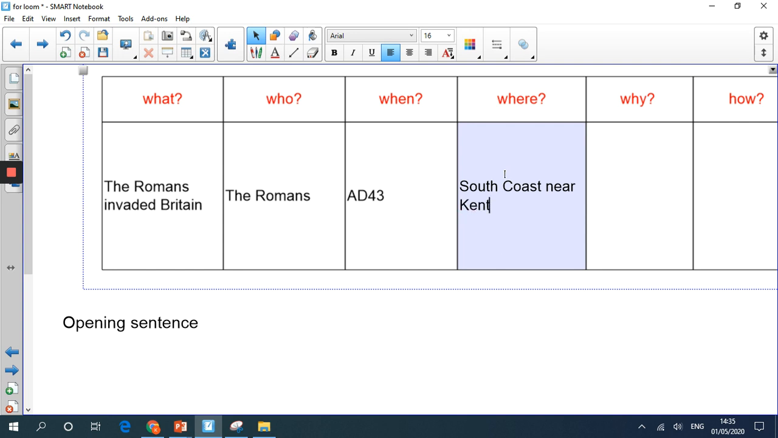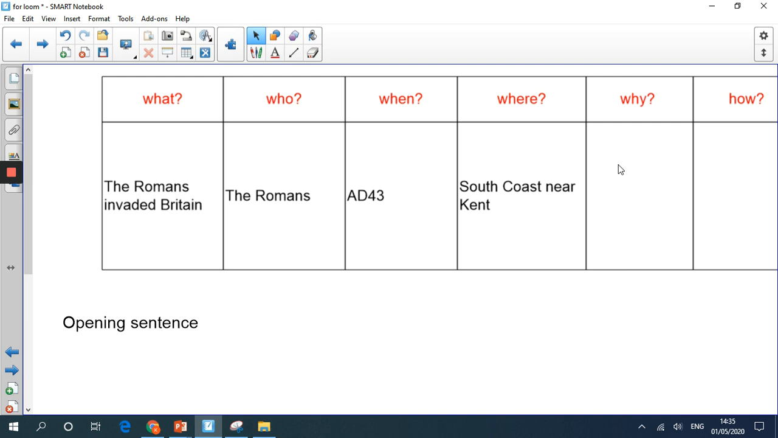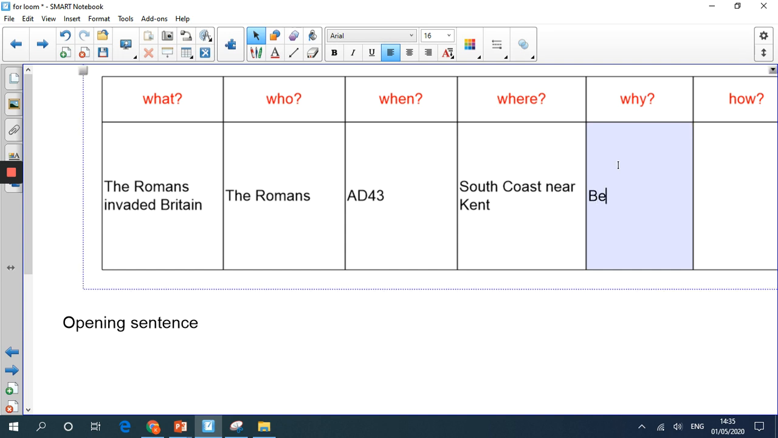I really like to know where things are happening, and I'm not quite sure where Kent is in England, so I'm going to look that up on a map. Now, why? Right, I know why it happened. I can remember that. It happened because